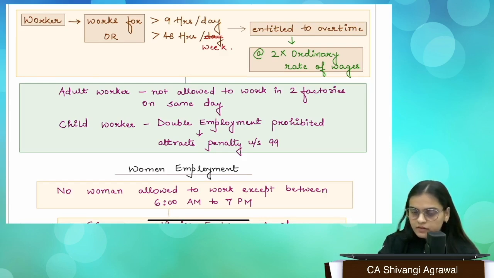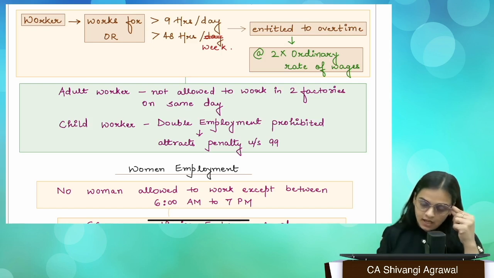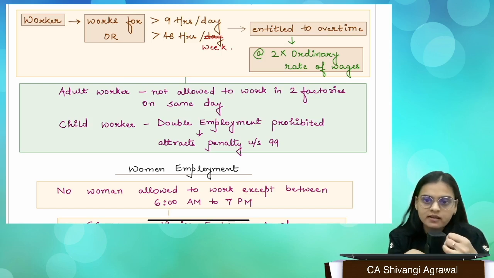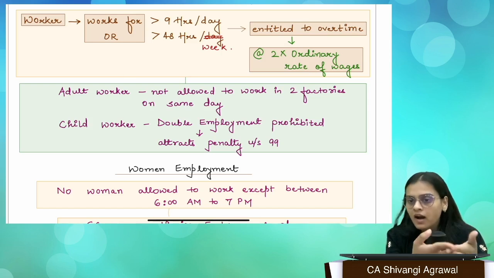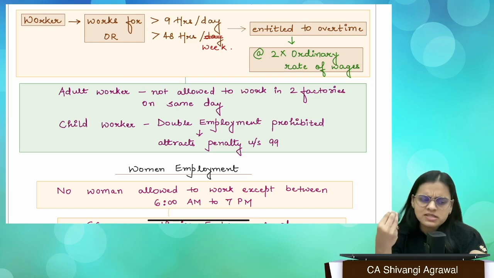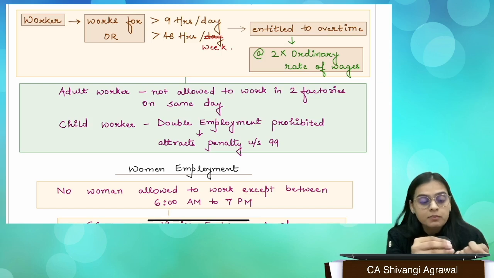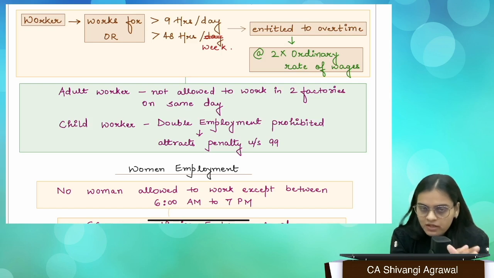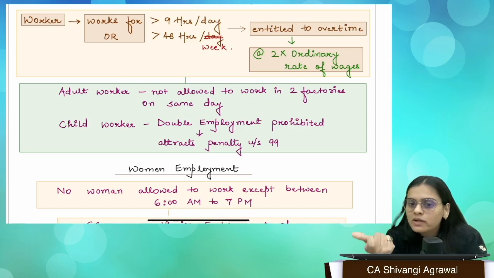Okay, now we have something called overtime. I have already told you that the worker is allowed to work a maximum of 9 hours in any day and a maximum of 48 hours a week. This is something we already know. Now supposedly he works for 12 hours in a particular day because that is the demand of the work, and in lieu of that he'll be allowed and he'll be getting that. But if he is working beyond that particular period, he has to be entitled to the overtime rate of wages.